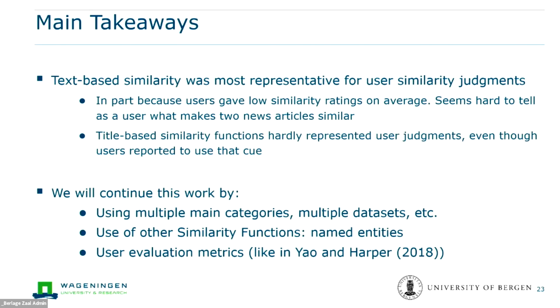We have only used one data set and one category so far, so we can do a bit better than that. Also, the similarity judgment that we asked for is just on a scale from 1 to 5 with overall similarity, which is not very detailed if you're investigating feature-based similarity. So we will continue our work by addressing these points, and also addressing user evaluation metrics, so that we're not only computing similarity in terms of representativeness, but also what a user would think of a news article pair, or what they would think of a recommendation, in a recommender system context.